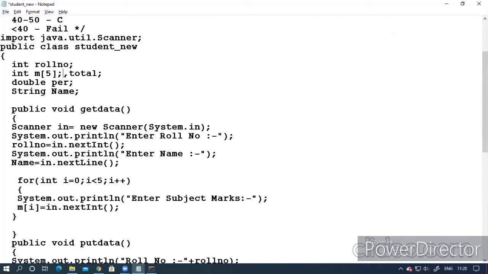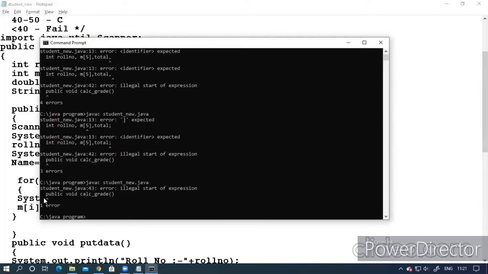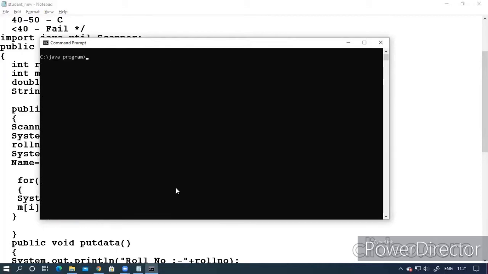First of all, we declare it as the array name equals new int[5]. This is the procedure to declare an array or initialize the values also. Let me check. So now the previous errors have gone.